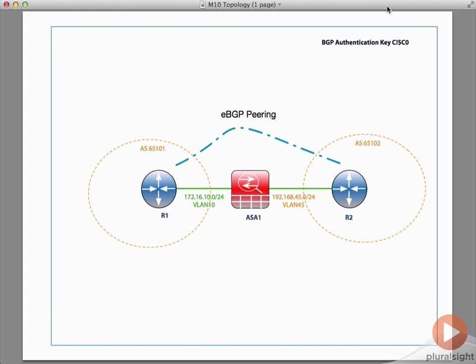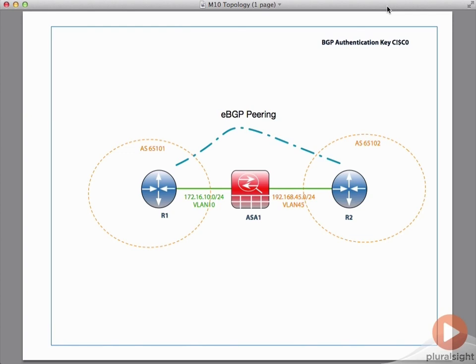And then we've put the ASA in the middle there just to exercise some of what we've learned in this lesson here, where we are going to modify our access list to allow the inbound and outbound TCP sessions. And then remember, the decision will be based on the higher router ID as far as which one of those TCP connections is maintained. And we are also going to have to set up some authentication here and then make